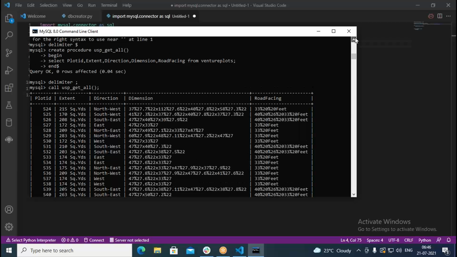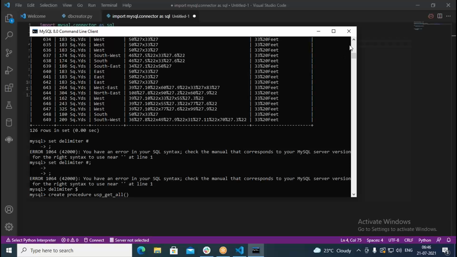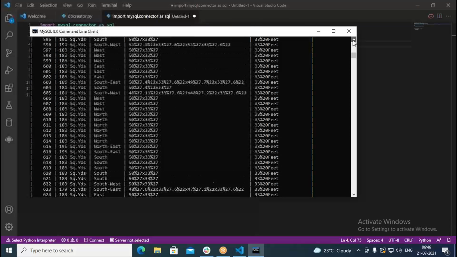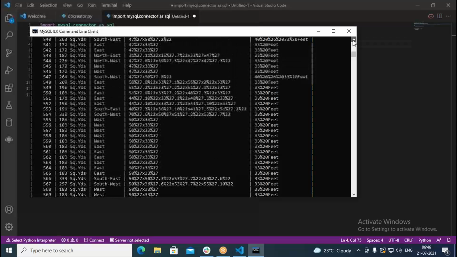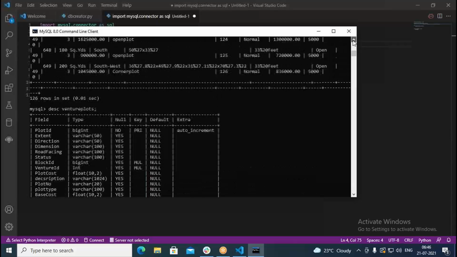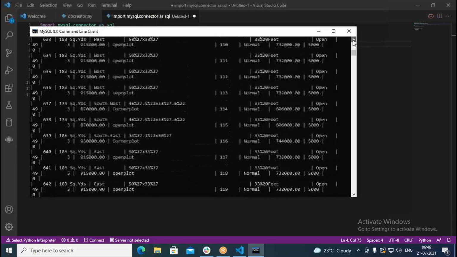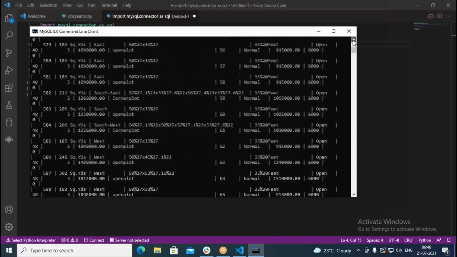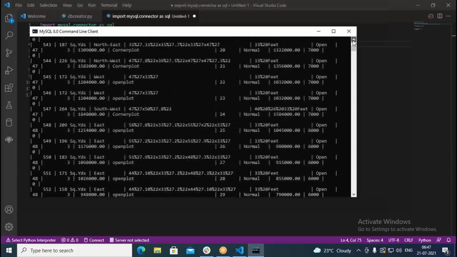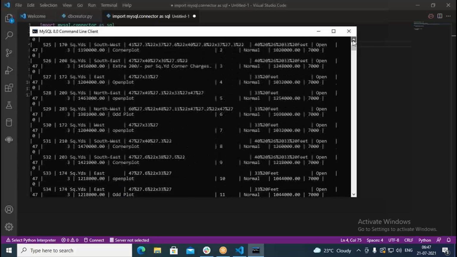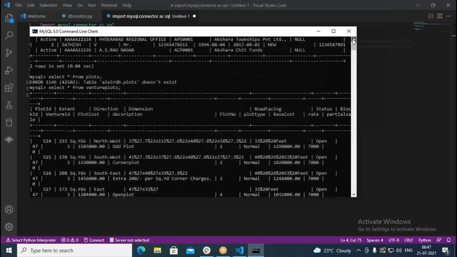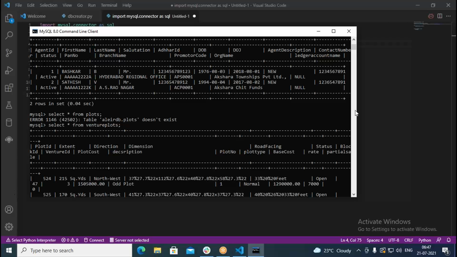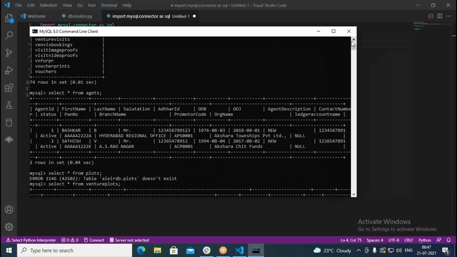Before this, we actually used the use command, so with use we chose a database at the top. Let us use that same database name.